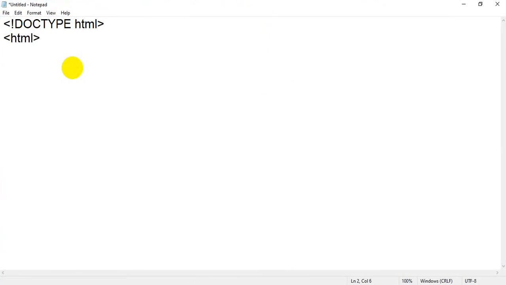Then I will write the simple HTML opening tag and HTML closing tag. Most of the time I am writing opening and closing tags, and I am again saying that you have to write the opening and closing tag at the same time. Then we have to write the head tag and the closing head tag. Again I will write the body tag, the opening body, then the closing body. Okay, now this is my basic structure of HTML. Whatever I write, I will write inside the body tag.